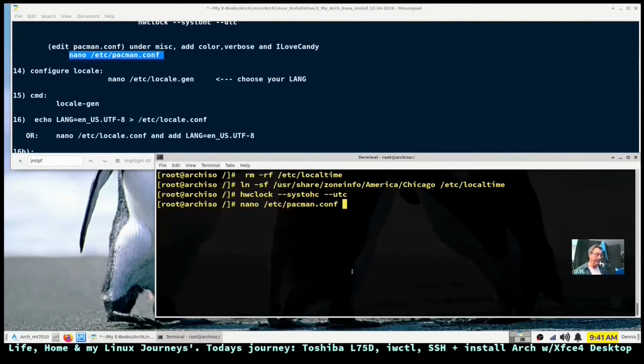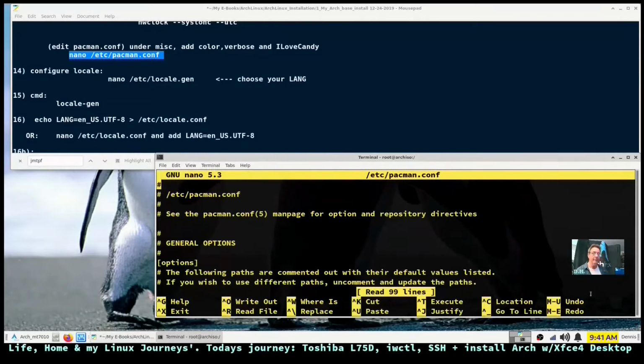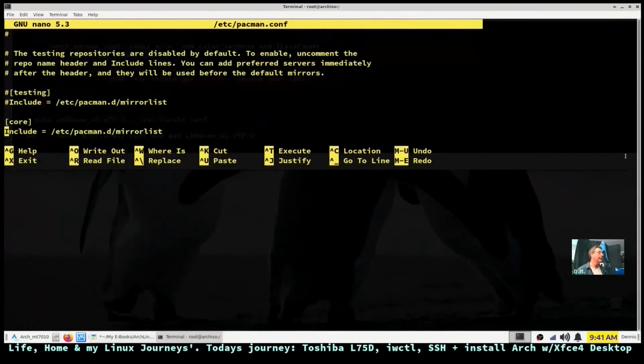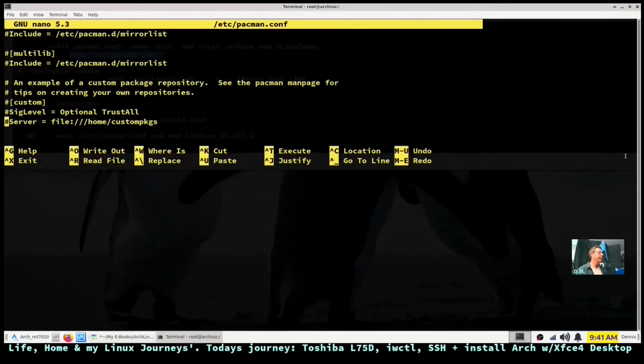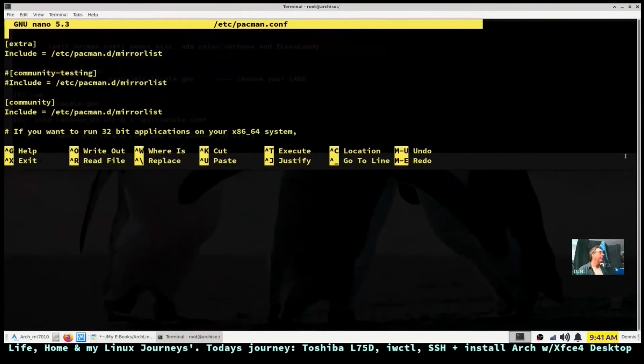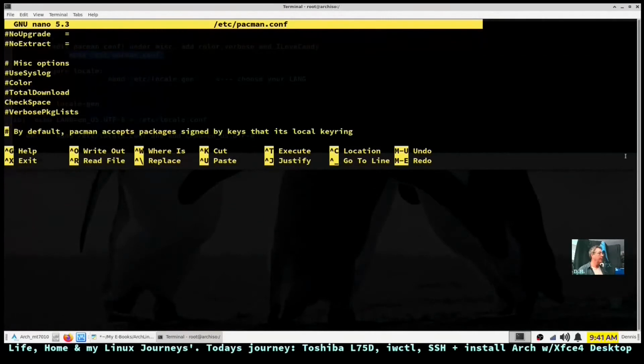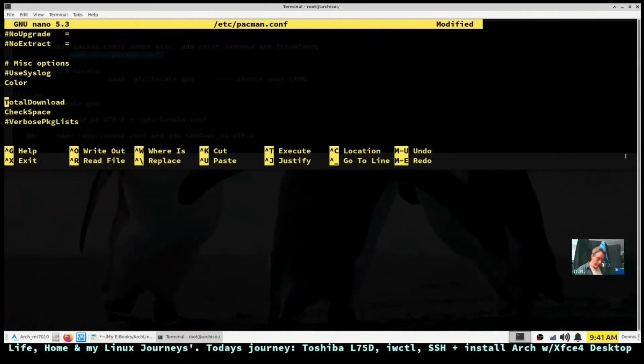So I'm going to go ahead and change that, and make this large so you can see what I'm doing again. Well, the whole thing isn't expanding out. Went way past. Go to Miscellaneous. So I'm going to uncomment Color. Remove the octothorpe from ParallelDownloads. I'm going to hit enter and create a space and add the entry